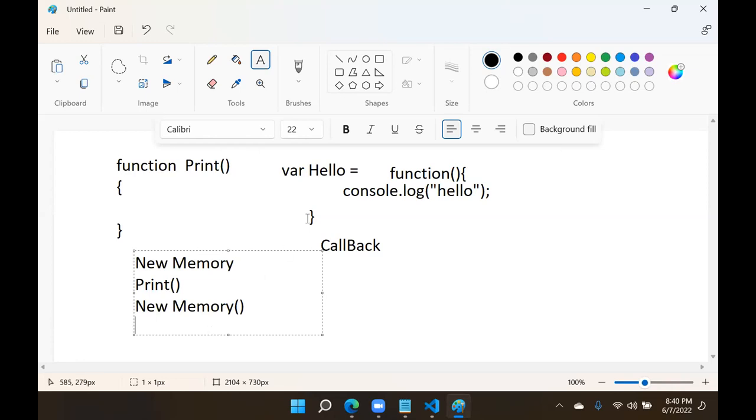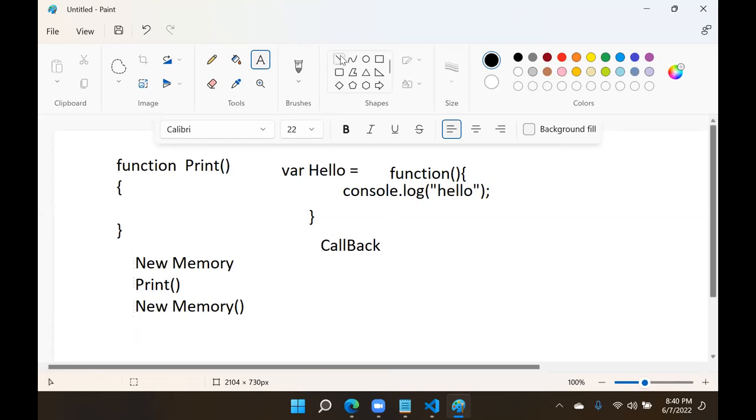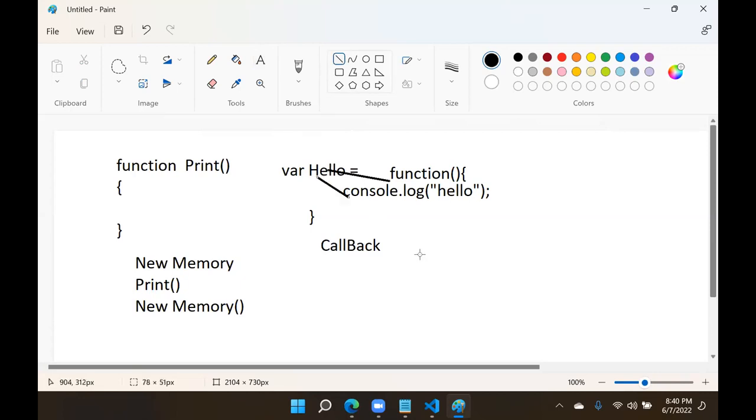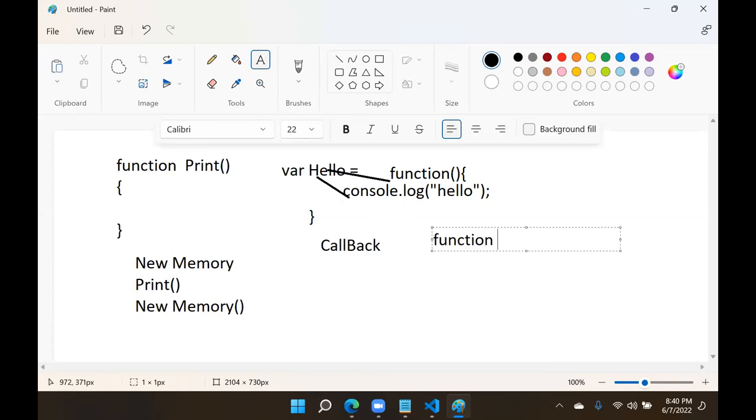Now, what is the advantage of this? It will use this memory for the function and the results of the function. That means the same memory is used for the function and the result. Whatever it is returning, it is in the same memory. Whatever function, it is in the same memory. That is the reason. So in JavaScript, you know that when you write a function, if anybody asks why